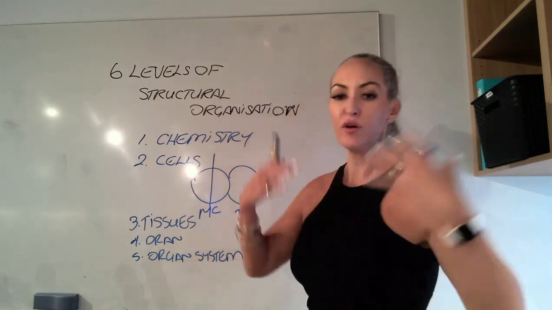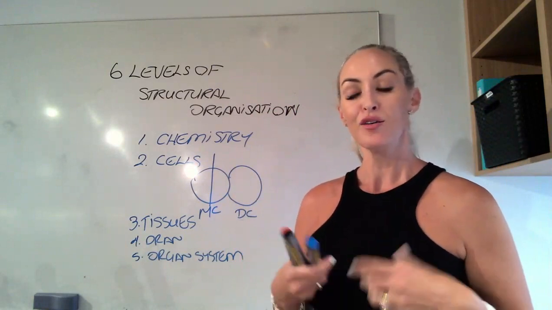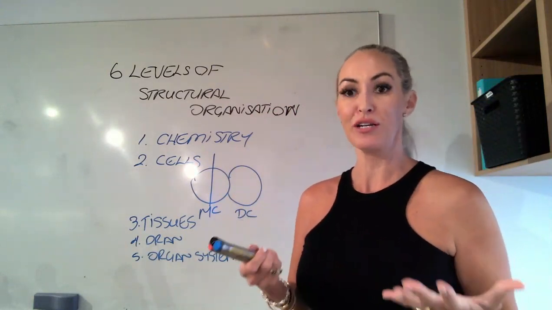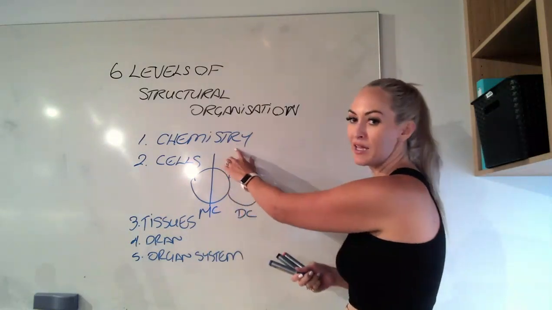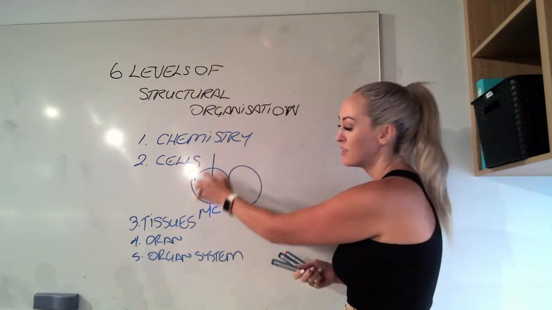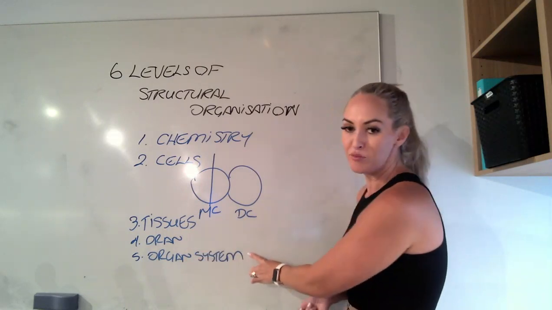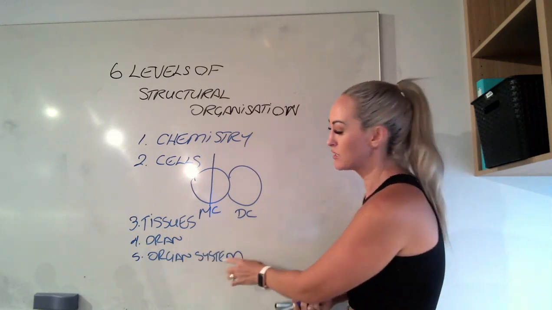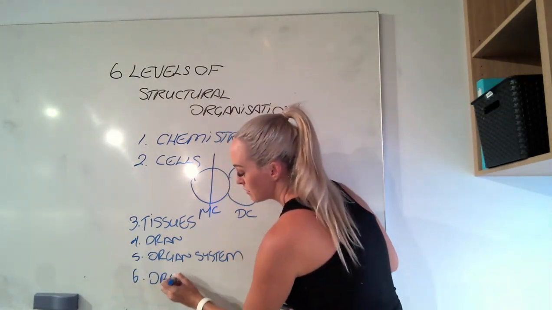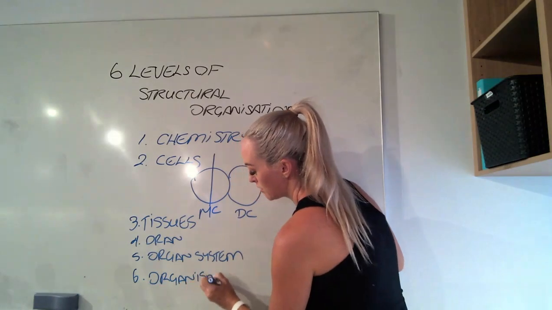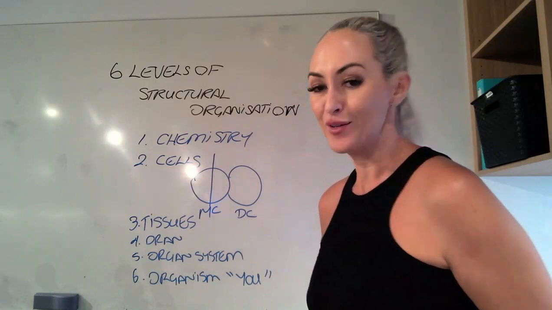And then once we put all those organs and all those systems together, as you grow to being a person, you then become an organism. And an organism is you as a person, with your eyes, your ears, and everything. And it all starts back at that chemistry, becomes cells. Cells then build to make tissues. Tissues then become an organ. One organ becomes an organ system with multiple organs. And then the last one is an organism, which is you. Okay, so on to the next one.